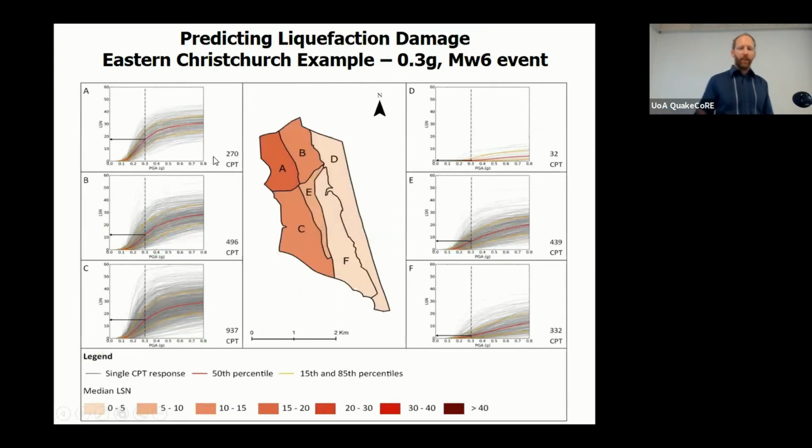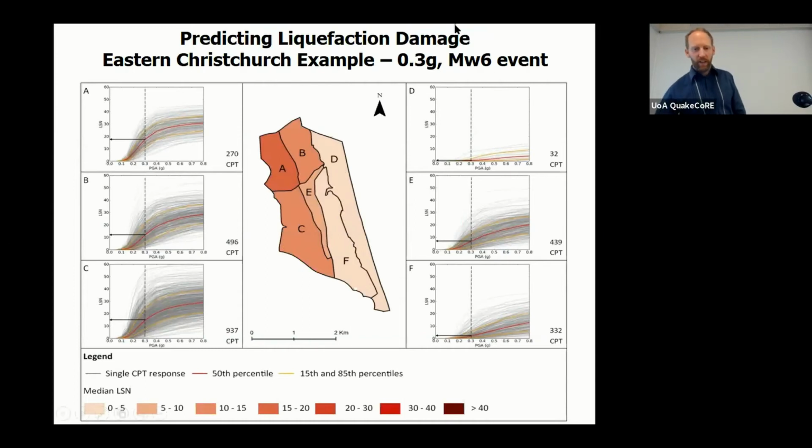If we then take, for example, a magnitude 6 event with a shaking intensity of 0.3 g, we can just directly read from these graphs for the different areas, and we can get the median liquefaction index value, and we can plot that up, which I'm plotting in the middle here, which is showing the mean expected damage within each of those areas,